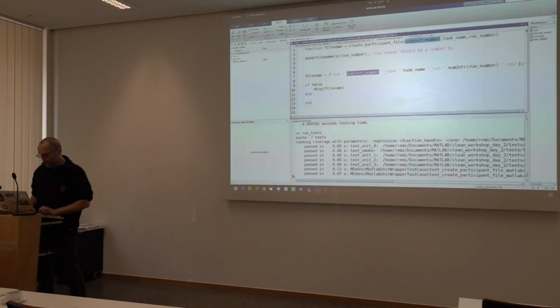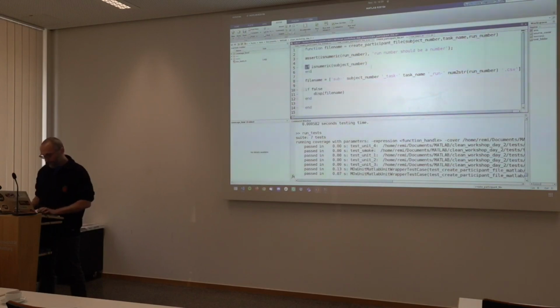So let's just go and say if isnumeric subject number, then subject number equals num2str. So we convert our subject number to a string, and then we can use that to create our file name, right?